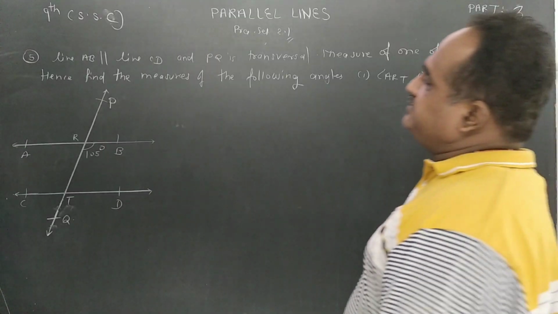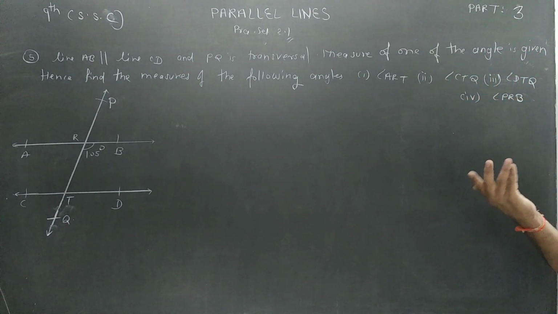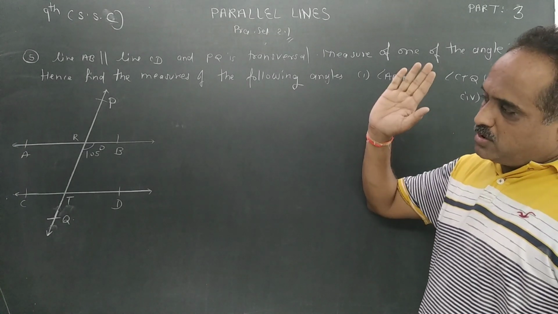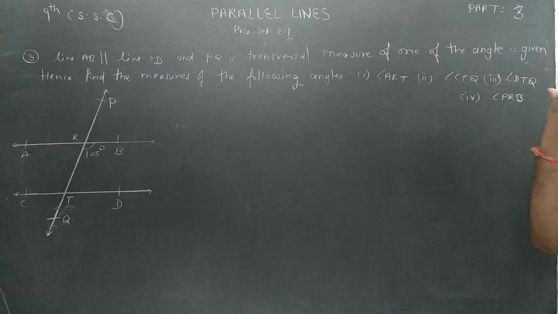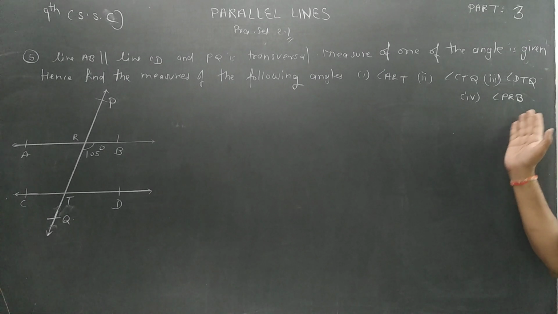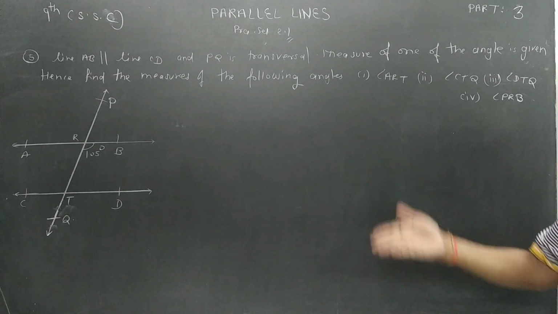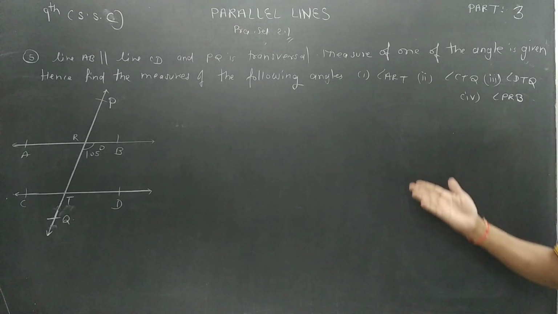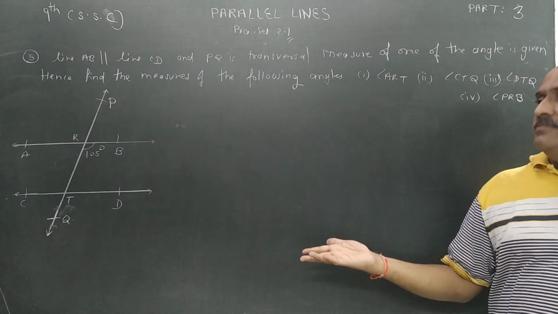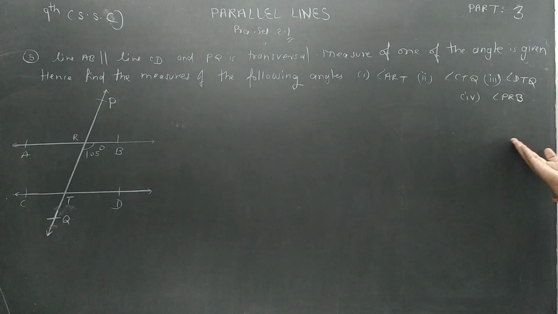We have practiced set 2.1. It is the question we did first as the first question. I think students, you can do your own. So for me, you do one thing. You pause the video, draw the figure, write given and to find. You solve the entire question with proper reasons, and then you check whether whatever I am doing is right or wrong. I am going to solve it anyhow, but the sincere students can pause the video, do their own with proper reasoning, and check what they did, whether it is right or wrong.